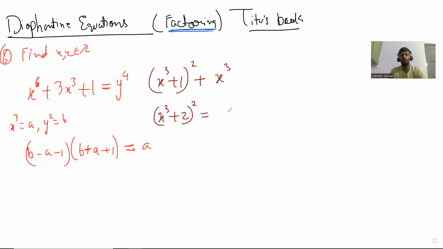Can we check how much that is? This is one of the tricks that I know. 6x cube, right? And this thing is,